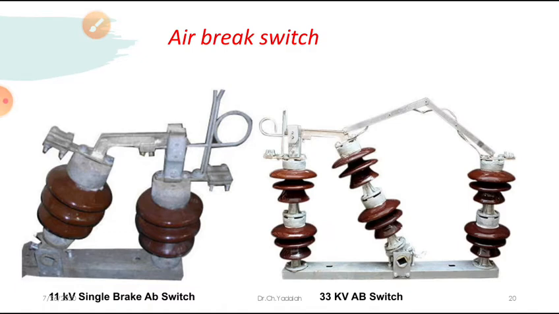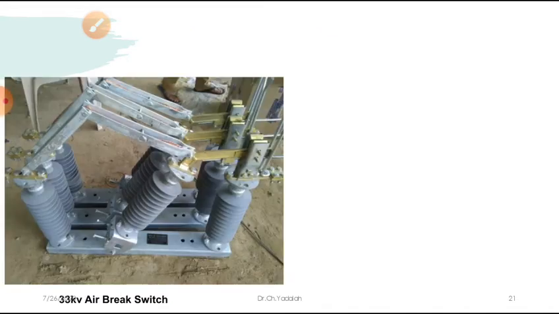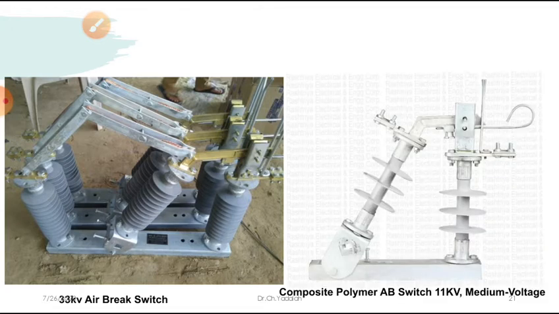These are porcelain insulators, post type insulators, and pin type insulators, which you can see here. This type of insulator was used in olden days; latest we are using polymer type insulators. You can see that figure also. Here you can see the gang operating system 33 kV air brake switch. For the single pole you can see the 11 kV figure, a composite silicon polymer AB switch, made for medium voltages. Now, how are these classified?